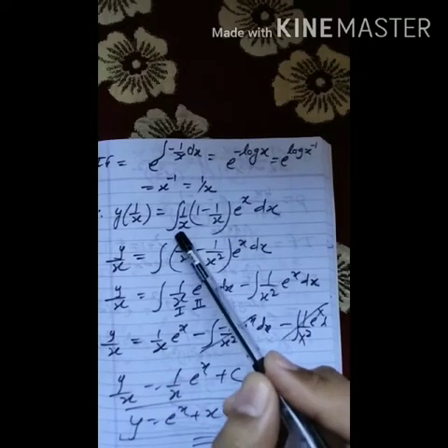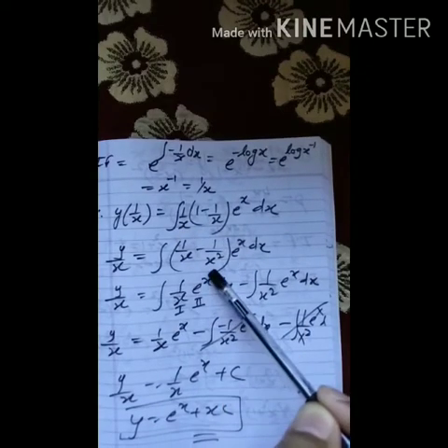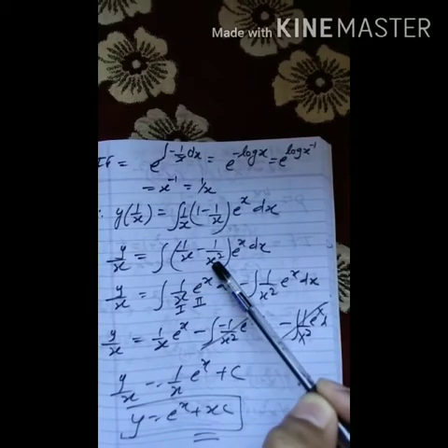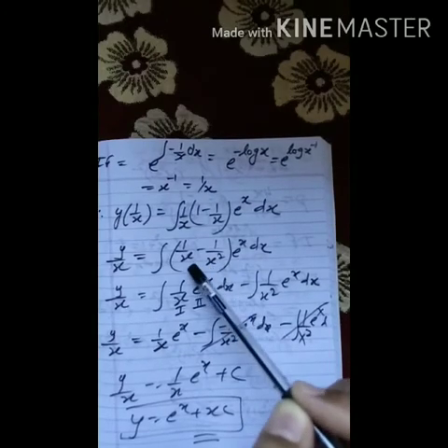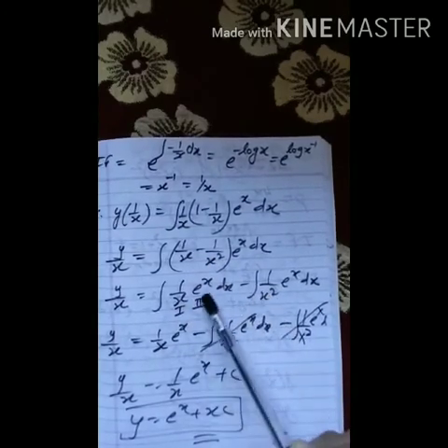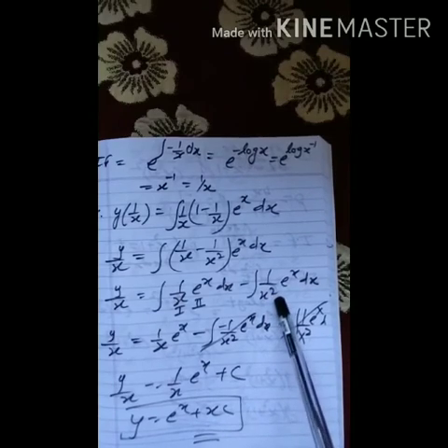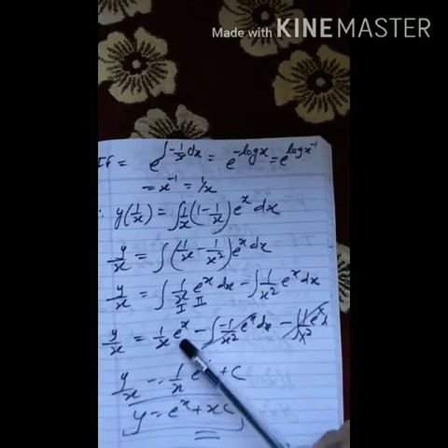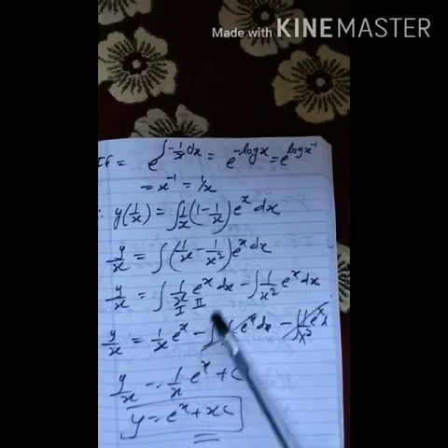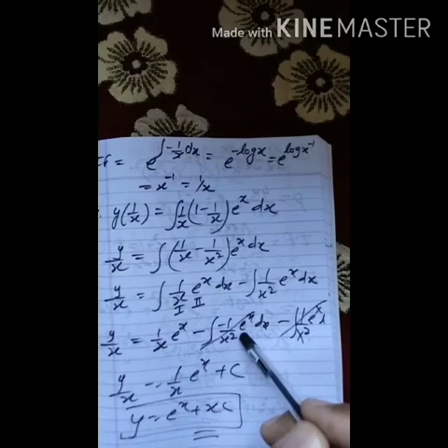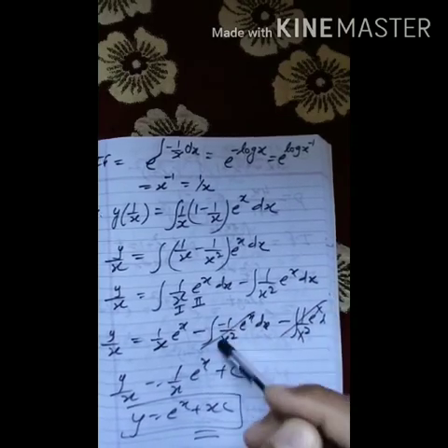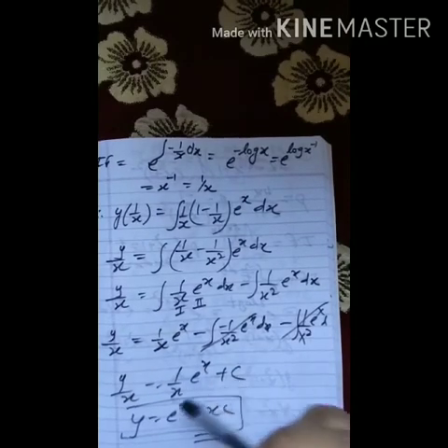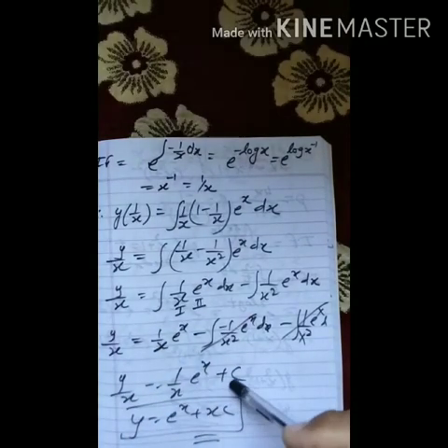Now multiply this x inside the bracket, we will get this. So this is the form of integration e to the power x (f x minus f dash x). Okay, so separate this into two integrations like this. Now we have to simplify this one. This will automatically cancel out. So apply the by-parts rule: first function times integration of second function minus integration of differentiation of first function times integration of second. Then we will find that these two terms will cancel out, and only this is left, plus c, or y equals, x cancels, c into x.